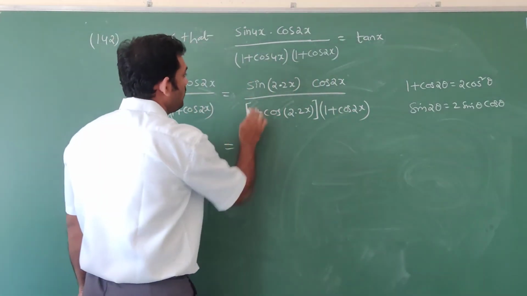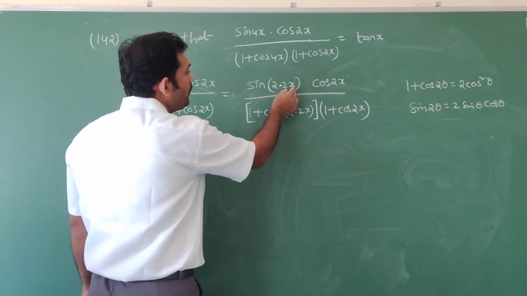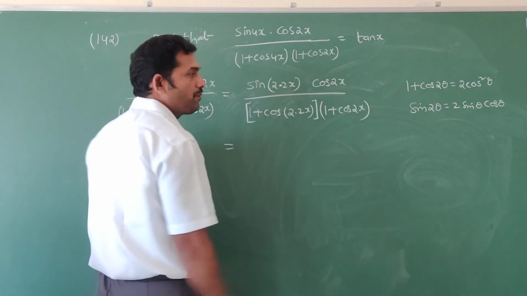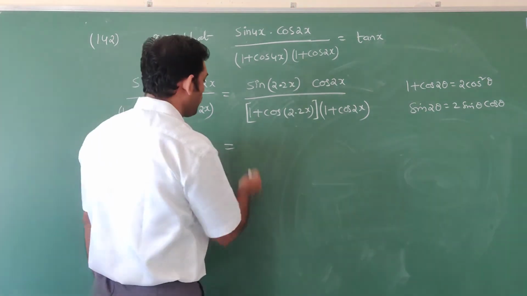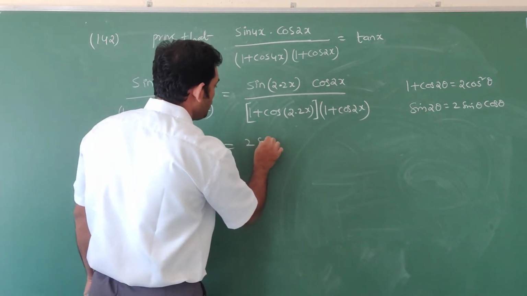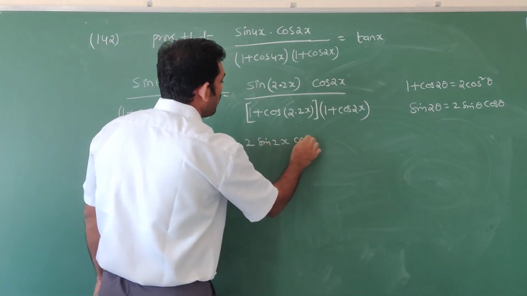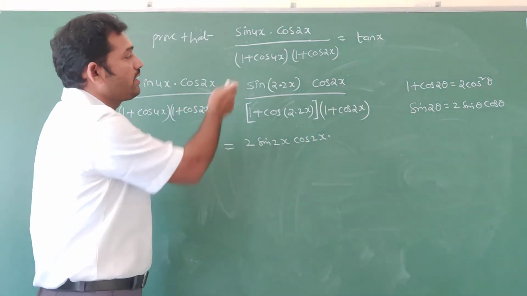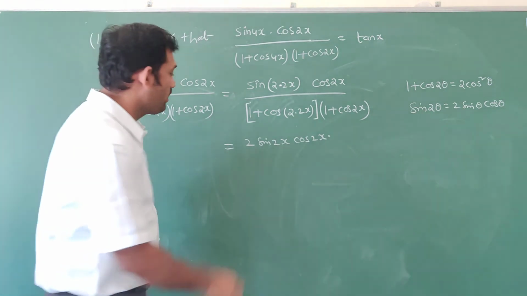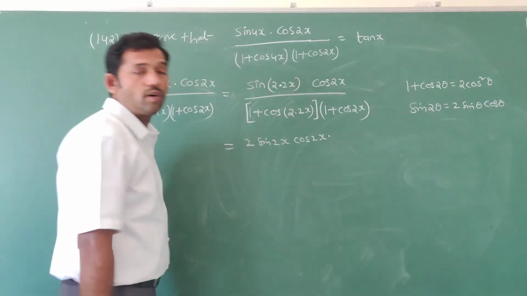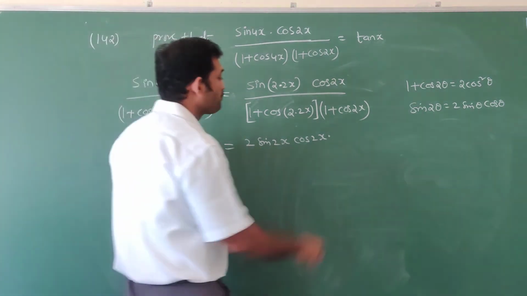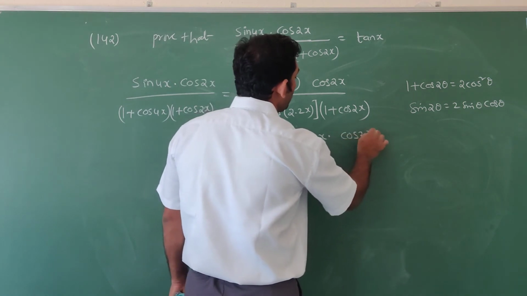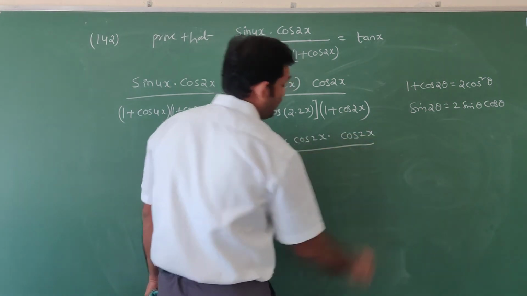See, the first value is sin 4x, where theta is equal to 2x. So apply that formula: 2 sin 2x cos 2x. Write 2 sin 2x cos 2x into cos 2x as it is, divided by